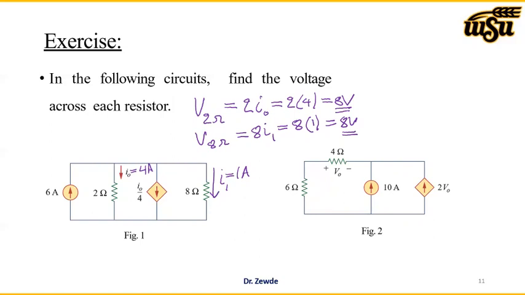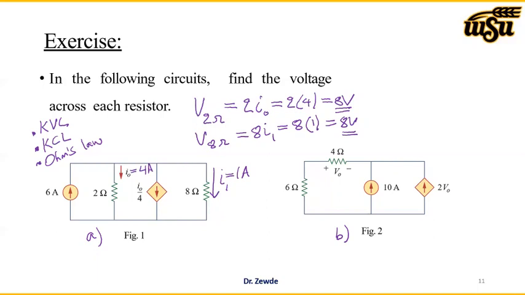To solve this problem, we used KVL or Kirchhoff's voltage law, KCL or Kirchhoff's current law, and Ohm's law. We used all these three to solve this problem. I hope you can use this to solve the second problem, which is, let's say this is A and this is B. Now in the second case, for part B,